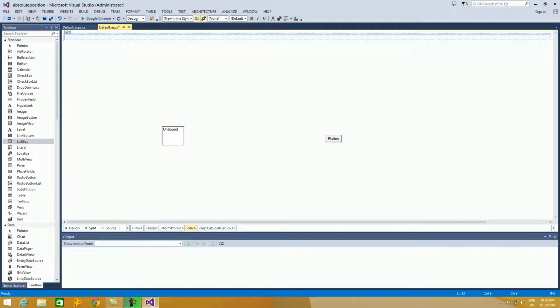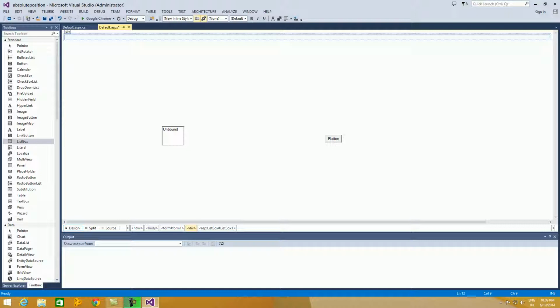So this is a problem when you add controls to the web page. Normally controls in the web page, when you add from the toolbox, you cannot move them. They either come out of the div tag or they will be added to a new paragraph, but you cannot move them to the right. So to move controls anywhere and place them anywhere on the web page, you have to apply position absolute.